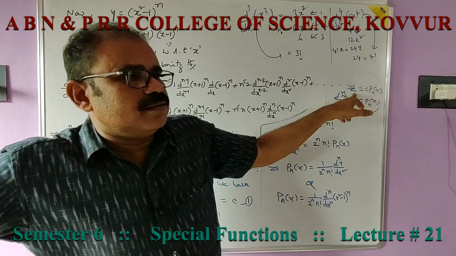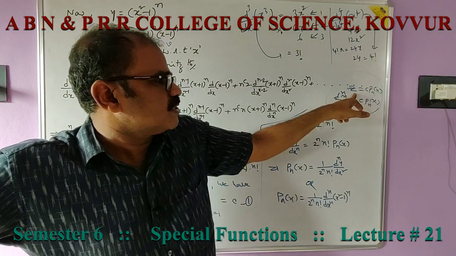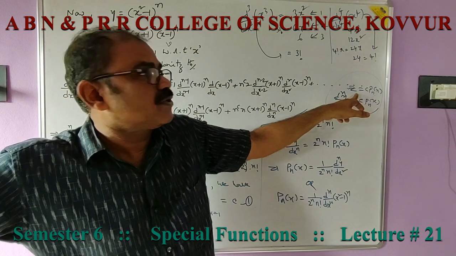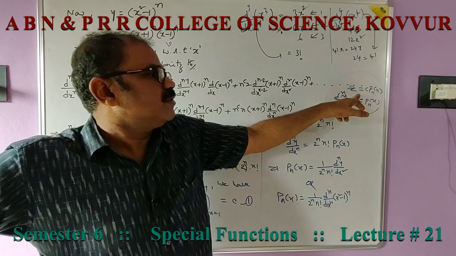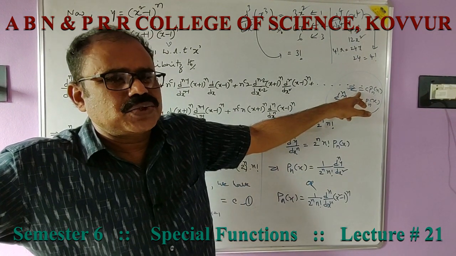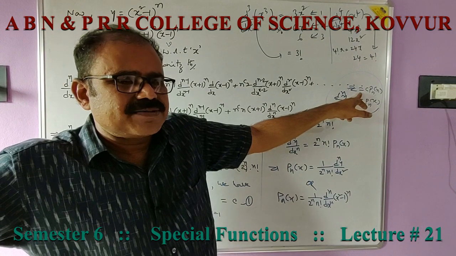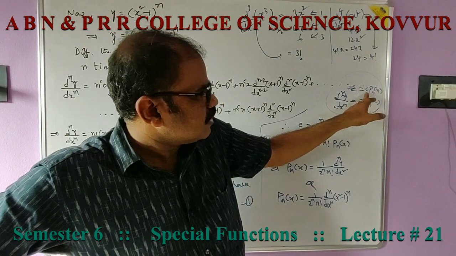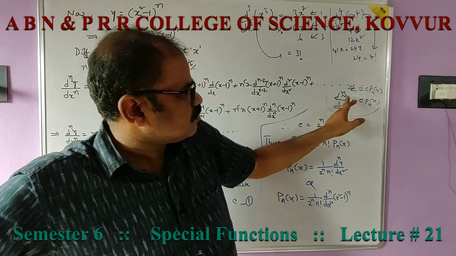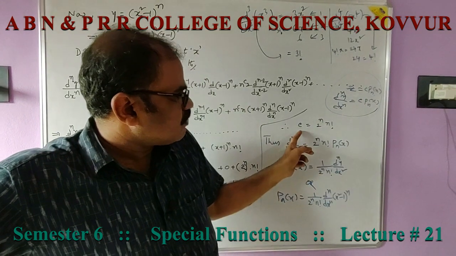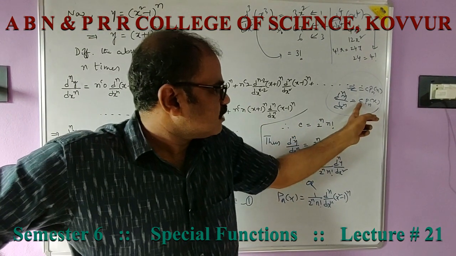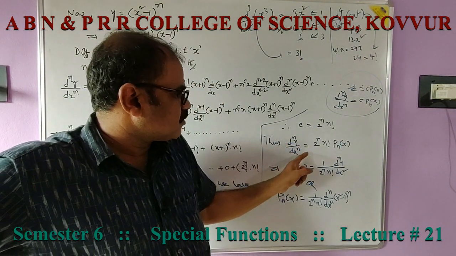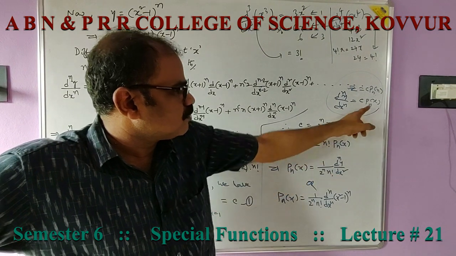The solution of Legendre's differential equation, (1 minus x squared) into d squared z by dx squared minus 2x into dz by dx plus n into (n plus 1) into z is equal to 0, is z is equal to Pn(x). C is an arbitrary constant, so the solution is c into Pn(x), d^n by dx^n into c Pn(x). Now we found the value of c. Replace c with the value 2^n into n factorial. Therefore d^n y by dx^n is equal to 2^n into n factorial into Pn(x).